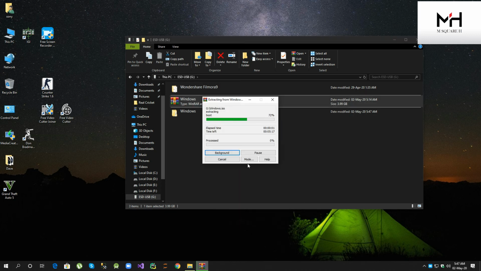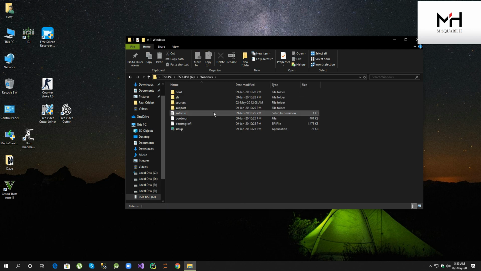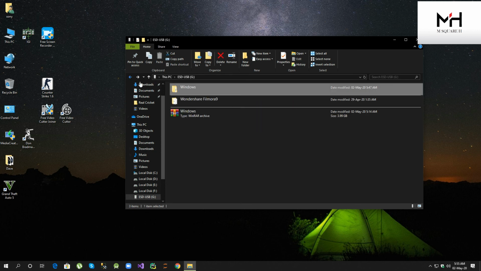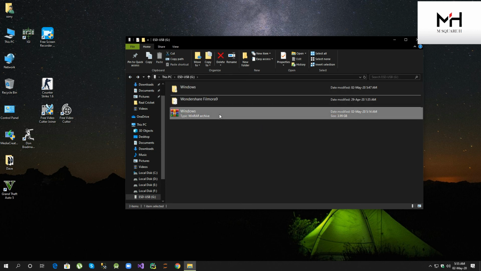It will take some time. It is completely extracted. I have opened this folder and you can see that the setup of Windows 10 is completely installed correctly. So now your USB has become bootable.